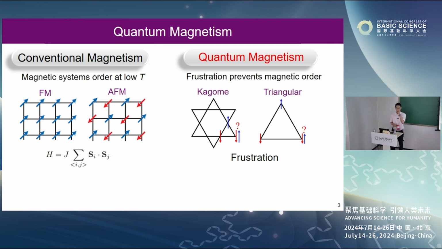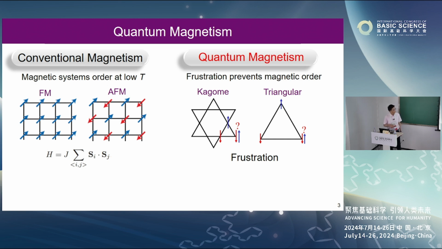We know that conventional magnetic materials tend to order at low temperatures to lower the energy. For example, depending on the sign of this Heisenberg interaction, you can have either a ferromagnetic order or an antiferromagnetic order at low temperatures. However, if you have a structure, for example, a Kagome structure or triangular lattice structure,